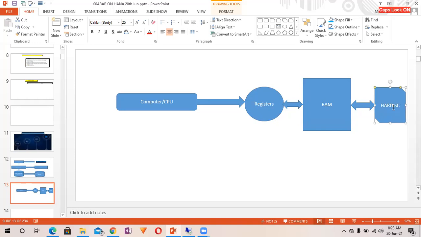So if something is installed at the hard disk, in order to reach the CPU it has to travel from here to here, here to here, and then here. It takes time. But suppose something is installed at RAM level itself. As you know, random access memory is a lot faster than the hard disk, right?